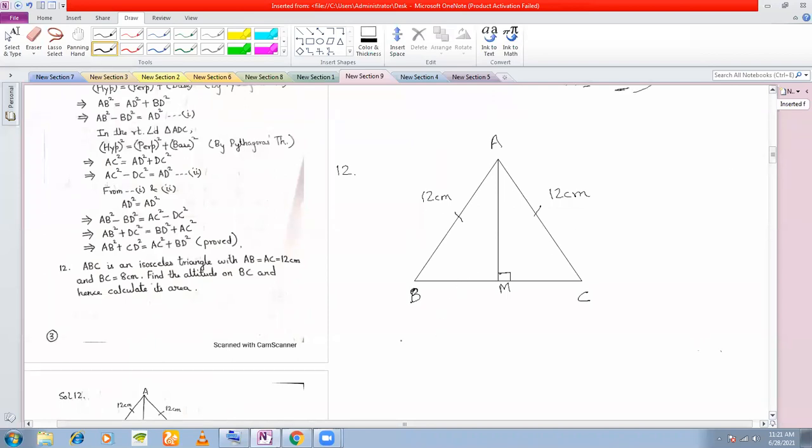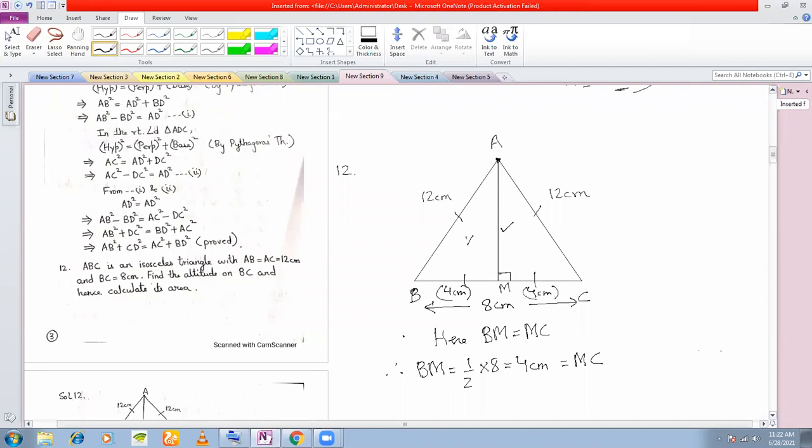So here clearly we can say, since A is the point of intersection of the equal sides, BM must be equal to MC, right? So that means these two are equal. What do you have to find here? You have to find the length of the altitude. That means you have to find out this length. The two equal sides are given to be 12. What is the length of this side given here? 8 centimeters, right? So therefore, what is BM? BM is half of 8 centimeters, 4 centimeters. And same is MC. MC is also 4 centimeters. So this part is 4 centimeters. This part is 4 centimeters.